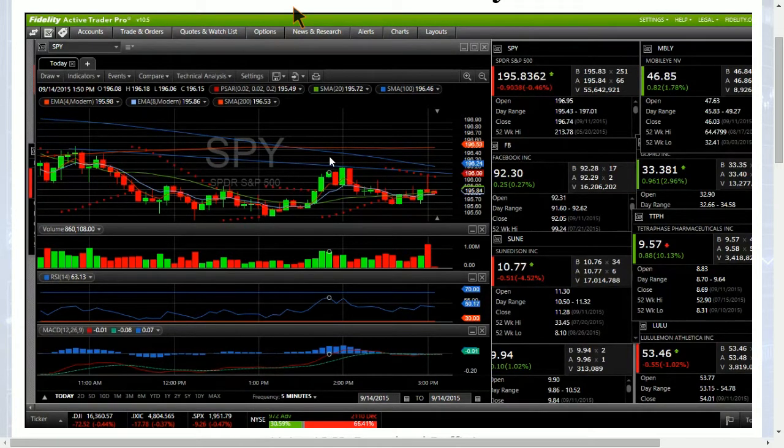So going to need to see a bullish volume streak for SPY to break out of this pattern, and we will be watching closely. Looking at Mobileye,